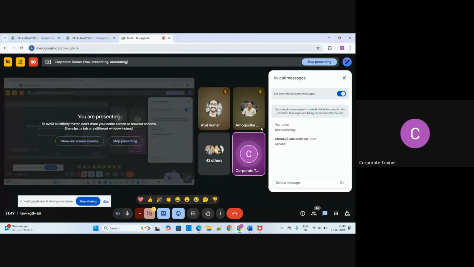You can simply go to Word and create it with whatever you are doing, and whatever tools and technology you are using. Any graph, any chart, simply take a snap and paste it there, and complete it. That's what I am expecting from you guys. Okay, sir, no issue. Thank you.